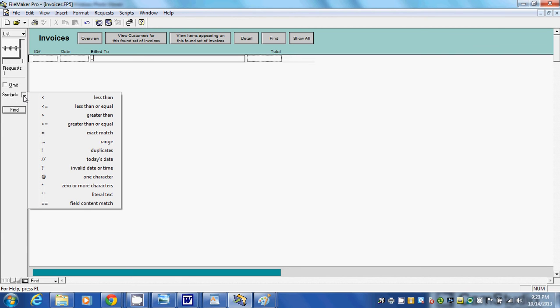If I click on my symbol list here, here's the number of different symbols I can include when I want to do a search or query for information. So I'm going to click equal to,